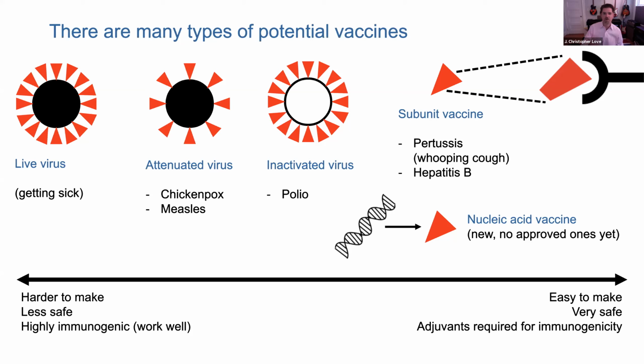The other, excitingly in the news and coming up next in the seminar series, I noticed, is efforts in developing nucleic acid-based vaccines. In principle this skips the step of having to make the protein itself and allows the body to read the RNA or DNA that's directly injected as a vaccine, and then translate that into protein within the cells and now teach the immune system. So it takes a step back. And I think one of the elements of this, as we've seen in this current response, and I'm sure we will hear about next week with the Moderna team, is the speed with which they've been able to accomplish that